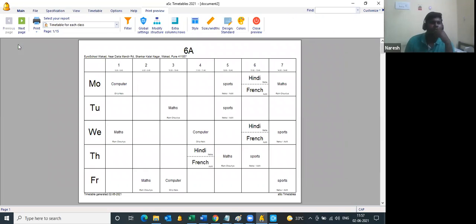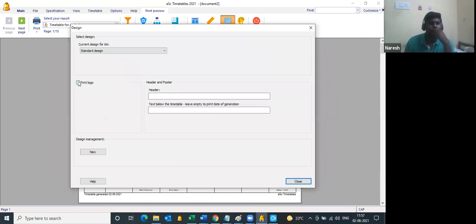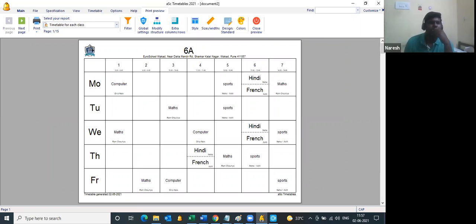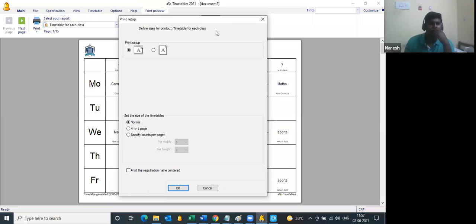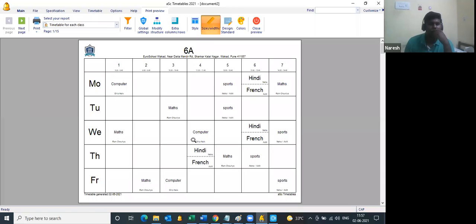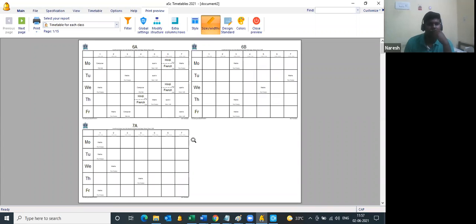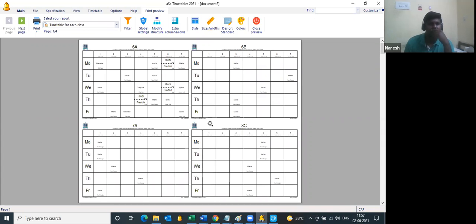So apart from that, for the print preview, you can add your logo. I click on design. I can add your school logo. You can browse, keep it on your desktop, so that will appear in the top left of your screen. Likewise, for printing purposes, if you want to print and keep it on your desks, you can even print 4 timetables on a single page. You can print and paste it.